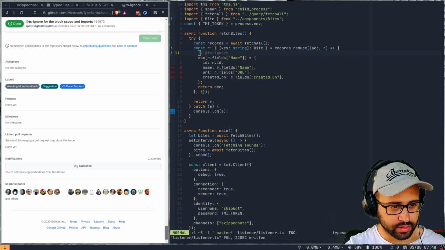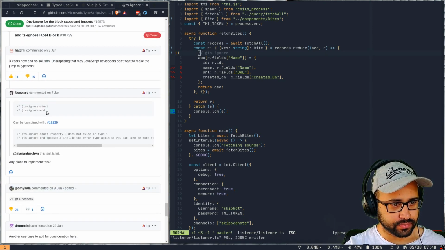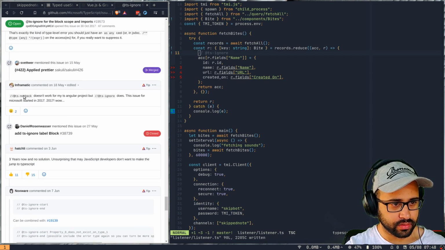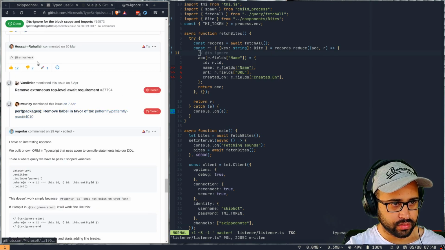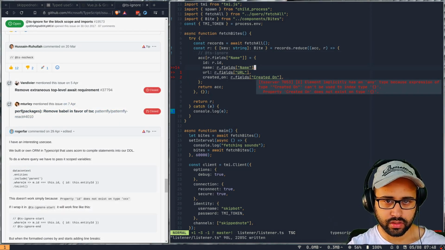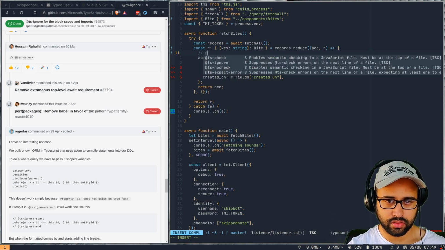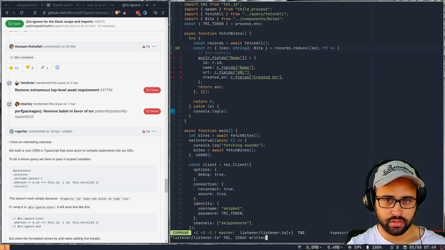What is the final consensus on this? There is nothing like this right now. How does TS no check work? Yeah, that doesn't work at all.